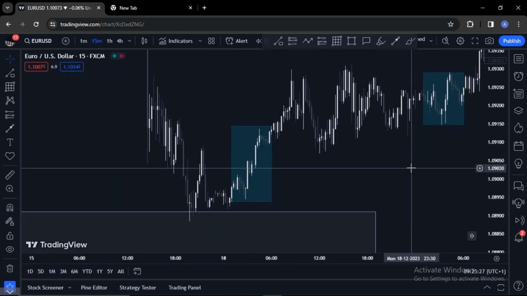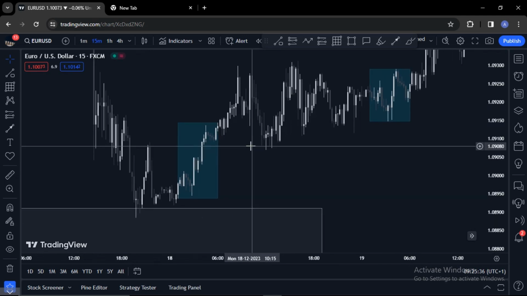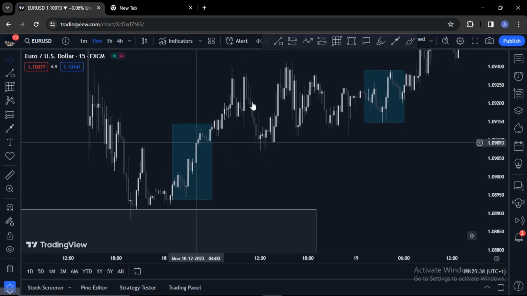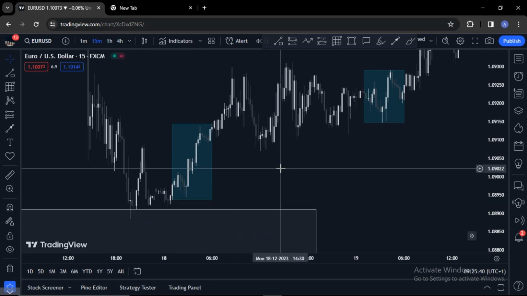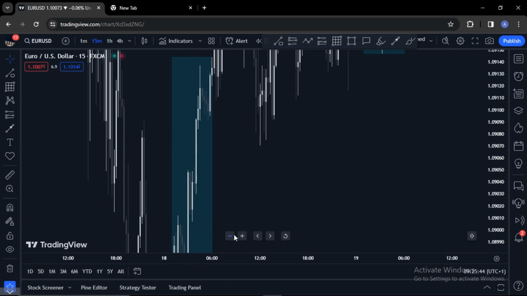Remember, the H1 is bullish, which means the M15 has to go with the H1 bias, or the H1 trend, H1 direction, whatever. So I had this massive push. Of course, I'm expecting price to pull back to a very discounted level. But before then, what we did was we looked for a